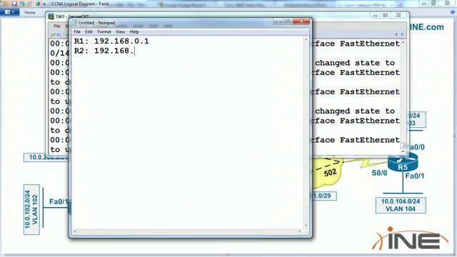Router 2 is going to be 192.168.0.2, etc. down the line. So 4, 192.168.0.4. Okay, so all the way down the line, where then switch 1 is 192.168.0.7,